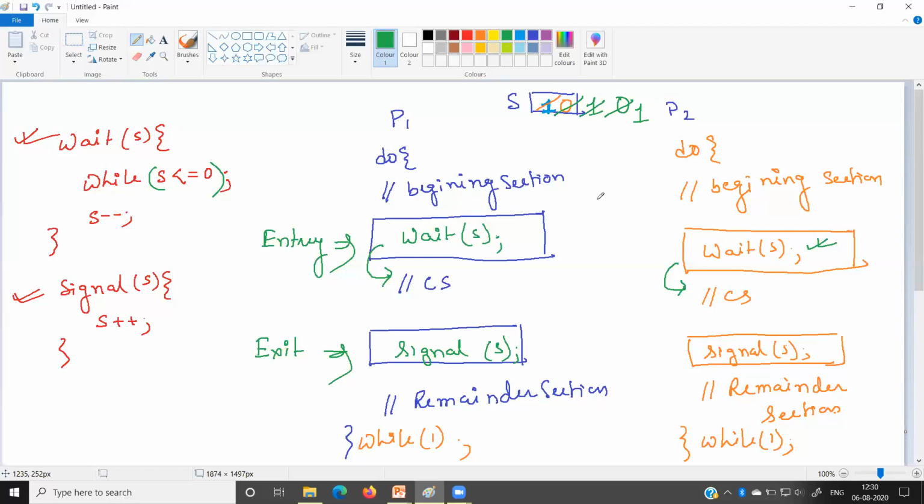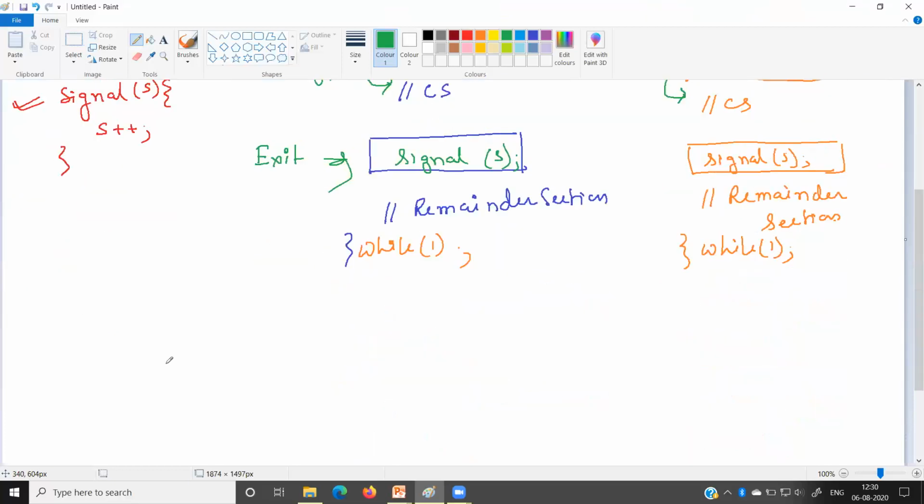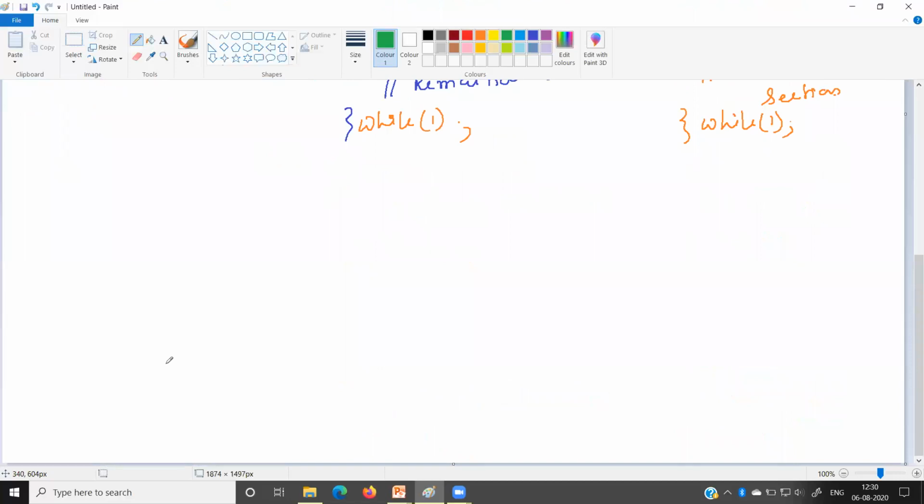Fine. So what will happen over here? We will first check, as I discussed, that each synchronization algorithm must satisfy 3 conditions.